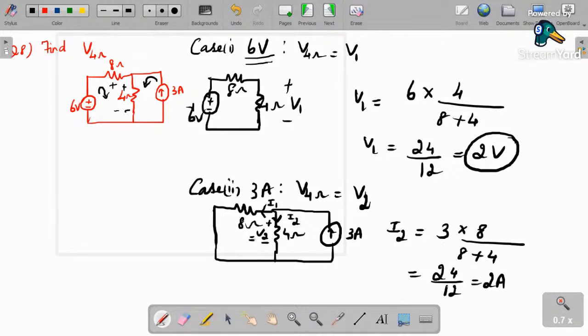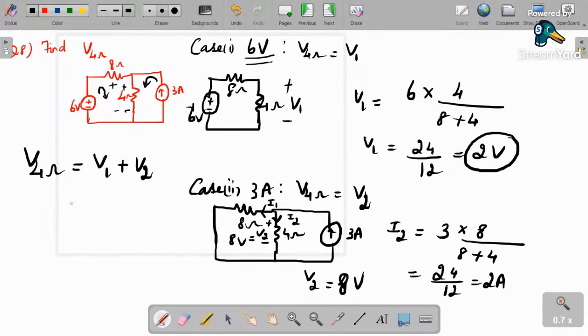V2 will be equal to I into R, 4 into 2, 8 volt, right? Is it 4 volt? Just a minute. So V2 is 8, right? R is 4 and current is 2, so 4 times 2 is 8 volt. Okay, so the resultant voltage across the 4 ohm resistor is nothing but V1